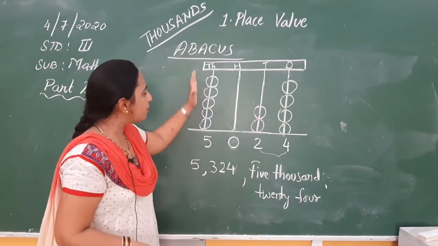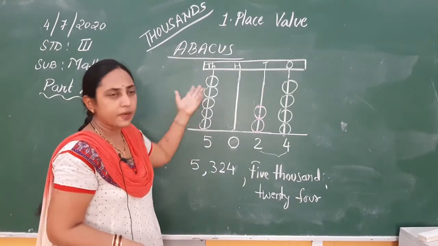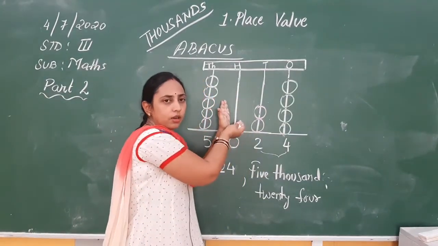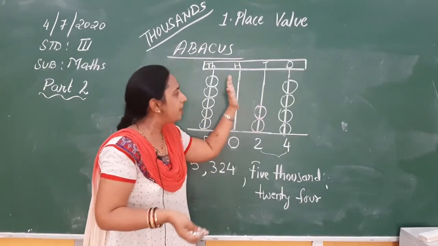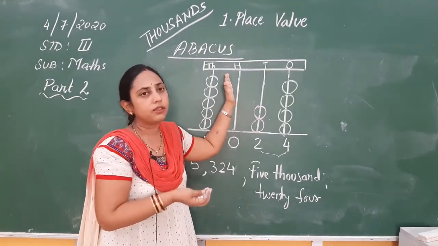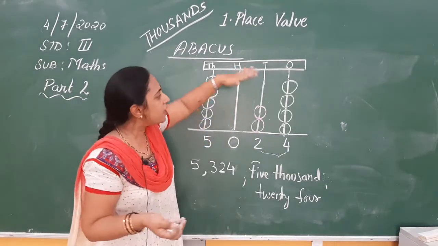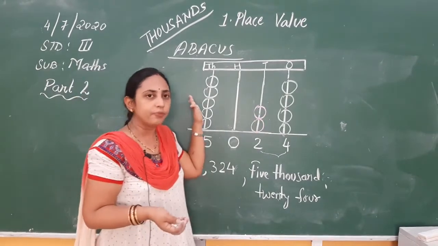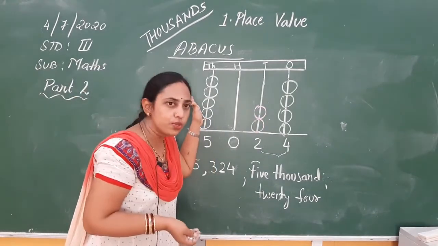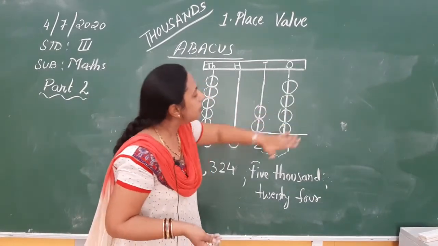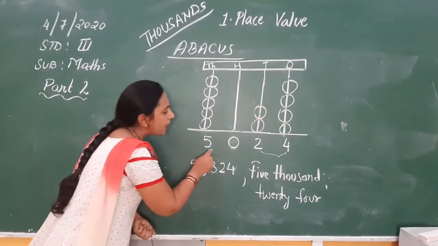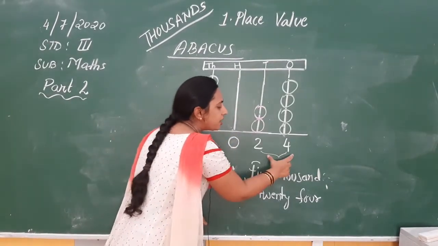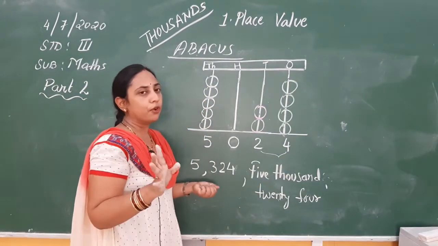If you ask, ma'am, what if nothing is in the 1000 place? There is nothing in the 1000 place. So we will straight away read only up to 100, right? Till 999 we will be reading up to 100. We will take only 3 digits. So 5,000, nothing in the hundreds place. So 5,000 and straight away we will mix these numbers, 24, right?